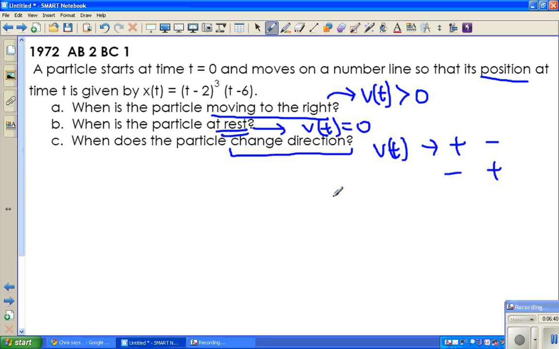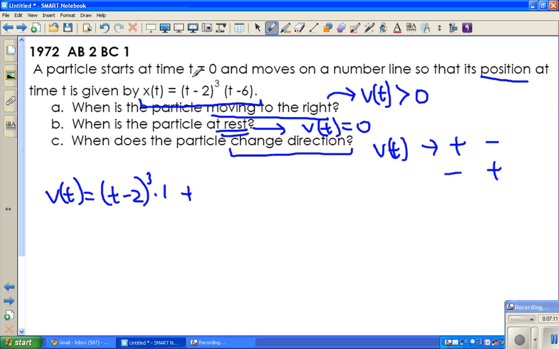So we'll try to look onto this one together. Now let us realize that the position function is given in this way. Then what is the velocity function? As you can see, you probably have to use the product rule here. Then we get to realize, hey, (t - 2)^3, and let us multiply by the derivative here, which is simply equal to 1, plus